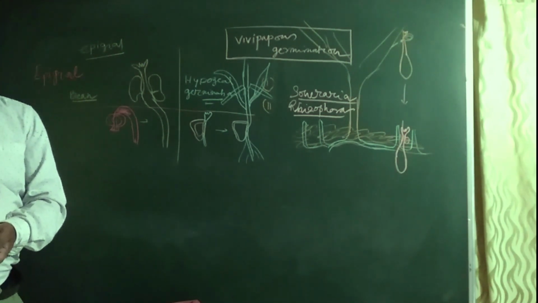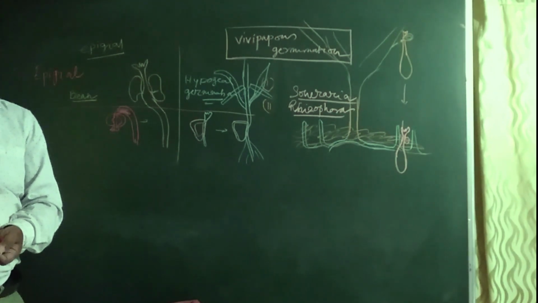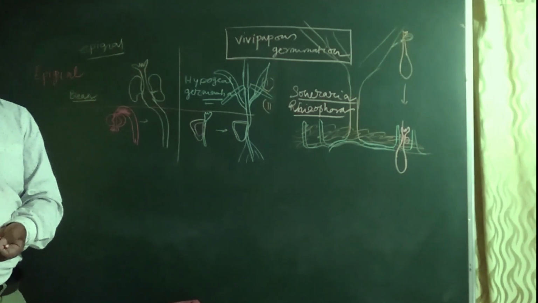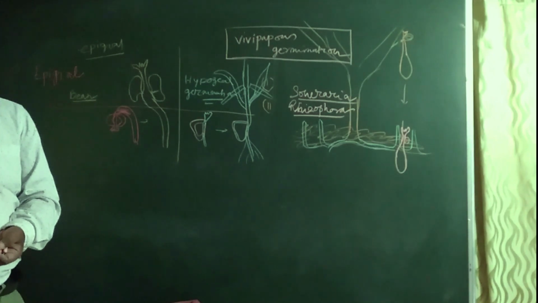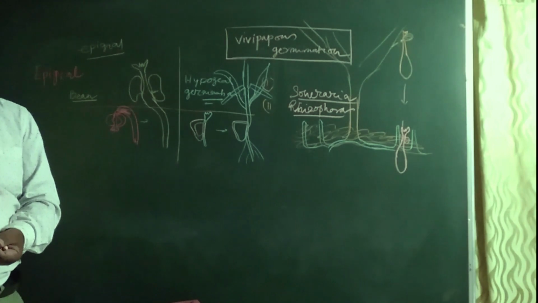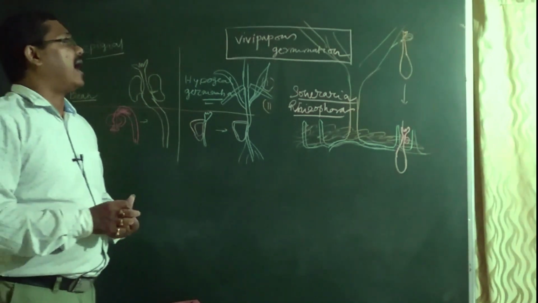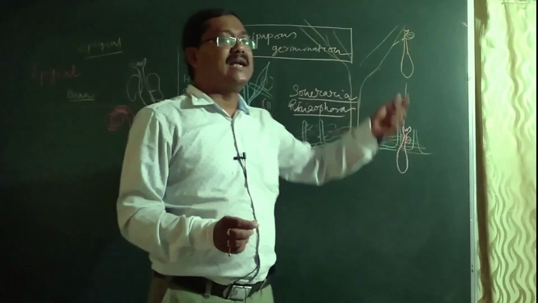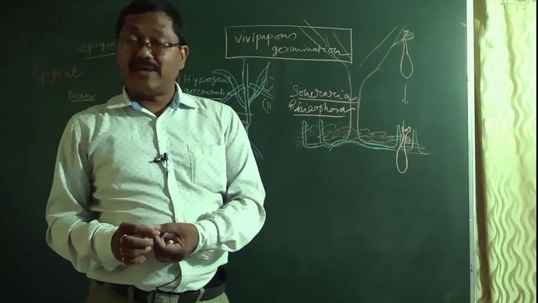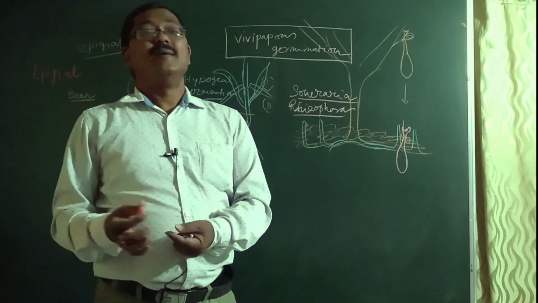In this case, the seed is germinated when it remains attached in the fruit. Because if the seed falls in the marshy saline soil, it does not get sufficient oxygen and cannot germinate. That is why, as a special type of adaptation of the mangrove forest, in this case the seed is germinated in the air by getting the